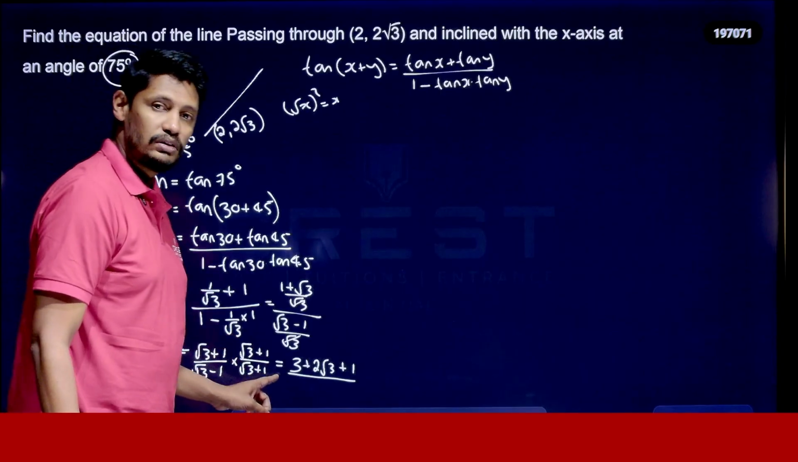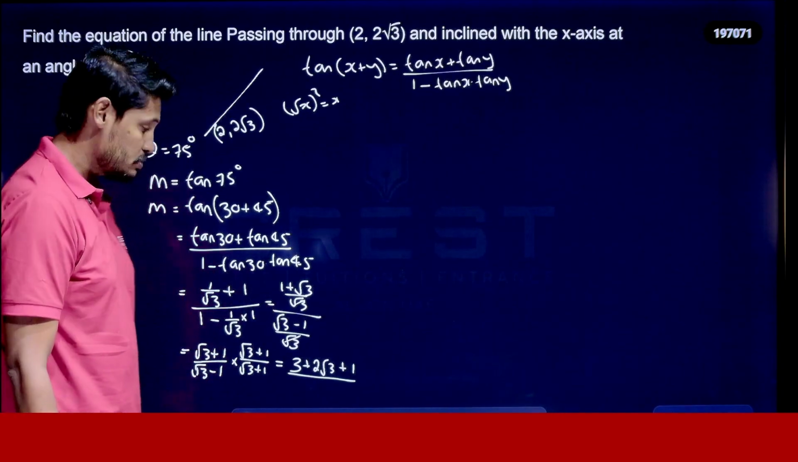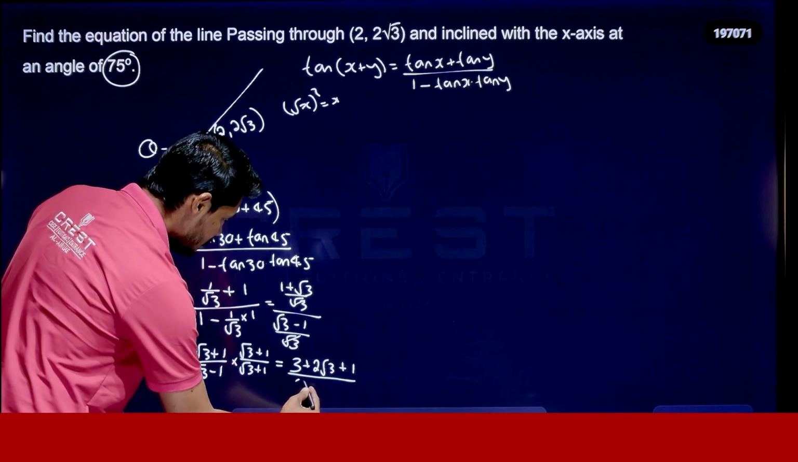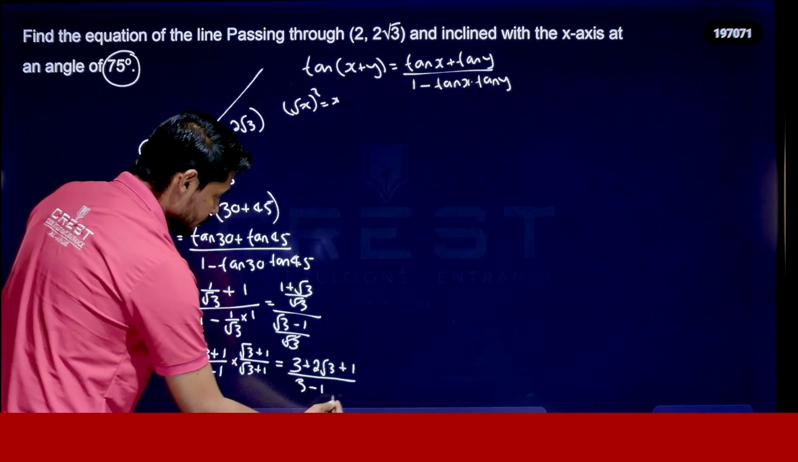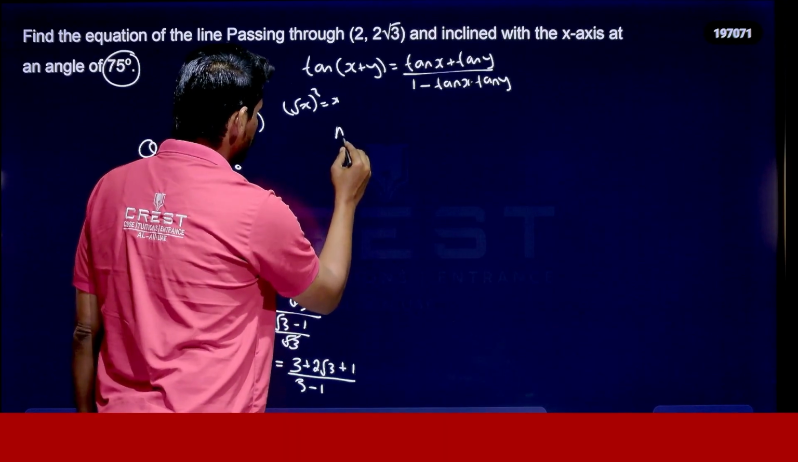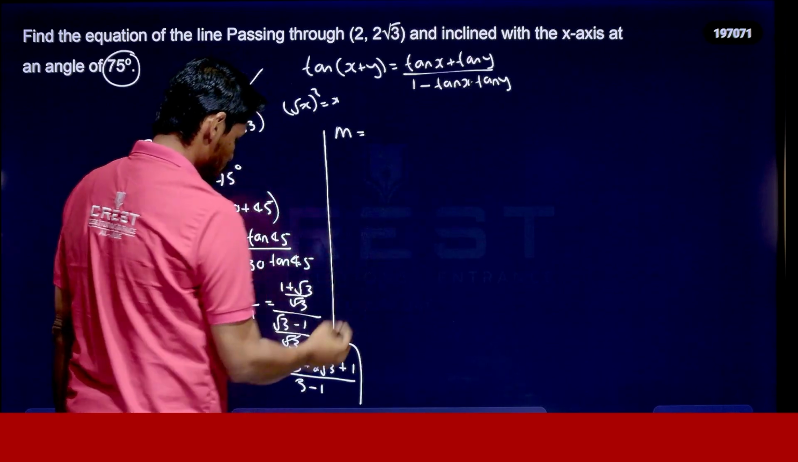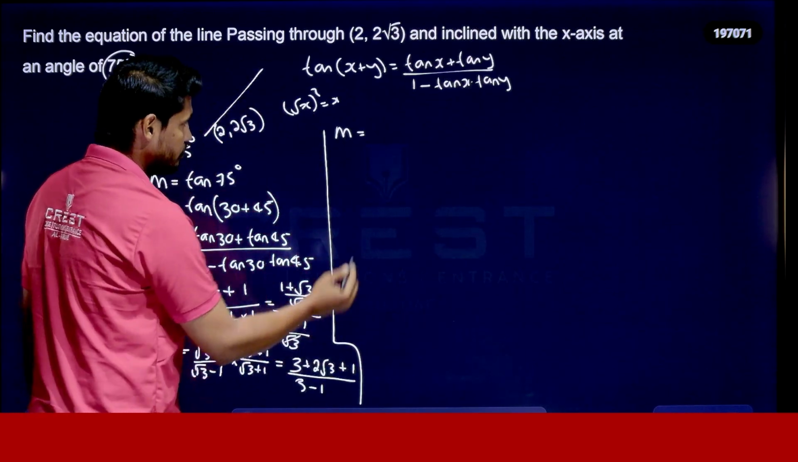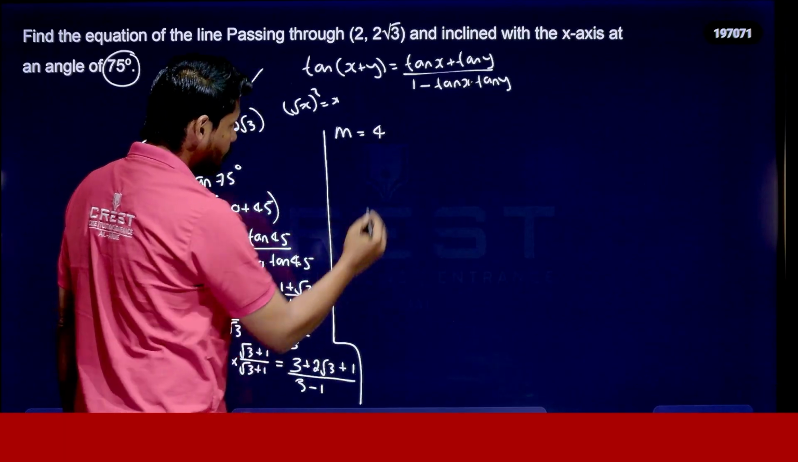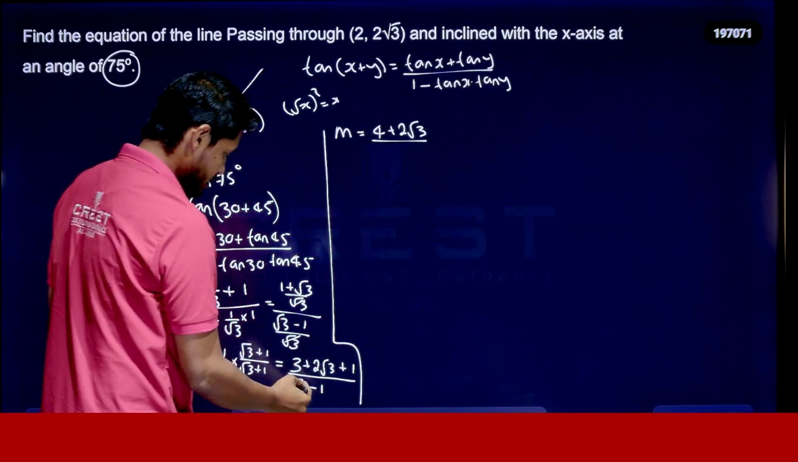what is root 3 minus 1 into root 3 plus 1? It is in the form of (a minus b) into (a plus b), which is a square minus b square. So root 3 square is 3, minus 1 square is 1. Further solving, you will get your answer m is equal to, we can add 3 and 1, it is 4 plus 2 root 3, whole divided by 3 minus 1, that